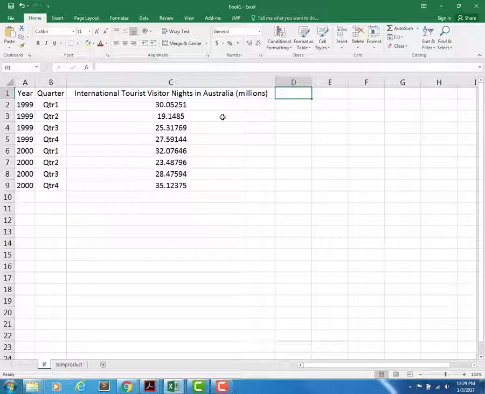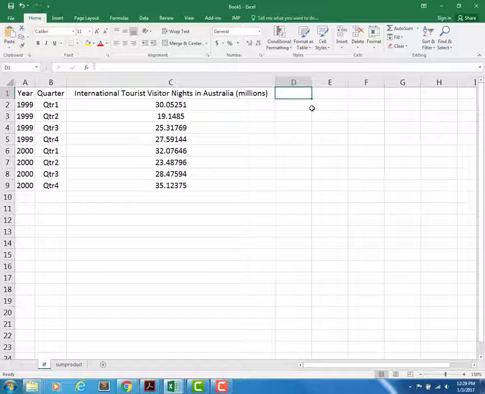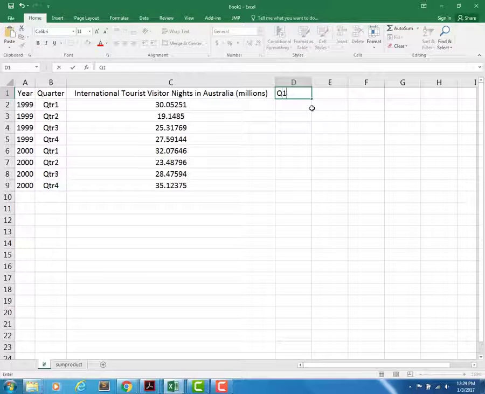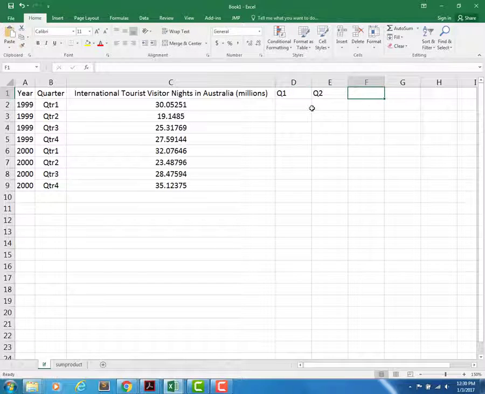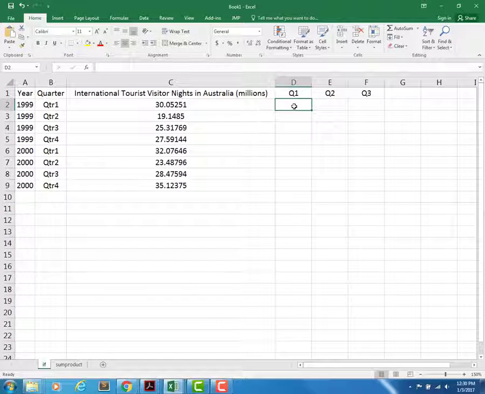So here what I'm interested in is, does row 2 belong to quarter 1, quarter 2, quarter 3, or quarter 4? So I would like to be able to label 3 new variables, call it Q1, Q2, and Q3, to indicate whether those rows fall into the first quarter, second quarter, or third quarter. So obviously the first row does fall into the first quarter, but I want to use an if statement to figure this out. So remember, you start formulas in Excel with an equal sign,